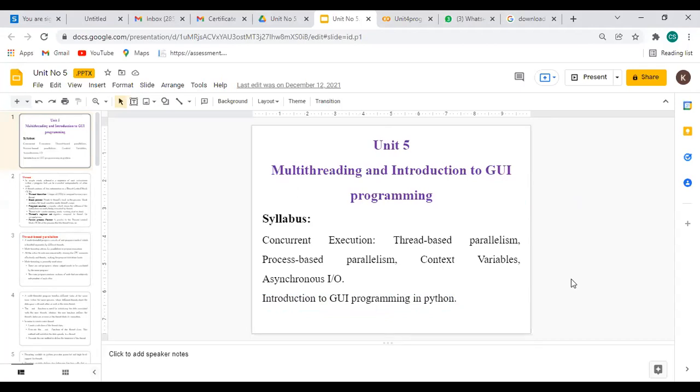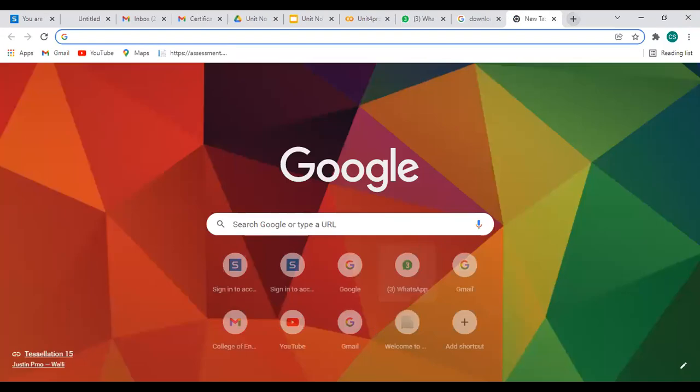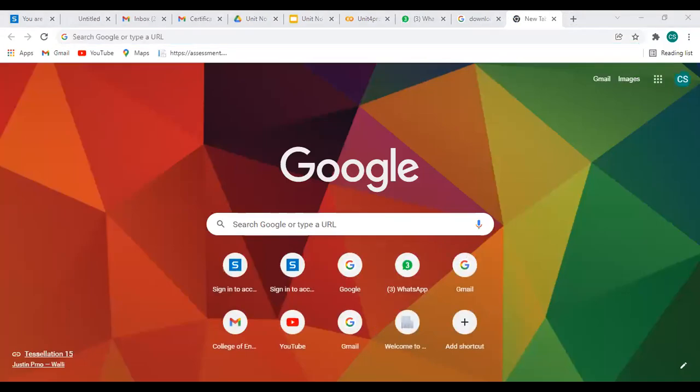PyCharm is actually a licensed version, but we are taking it with 1 month of free trial. So I request all of you to install PyCharm on your system. And those who are working with Google Colab, we will definitely try to import the many packages related to GUI to perform the operations.